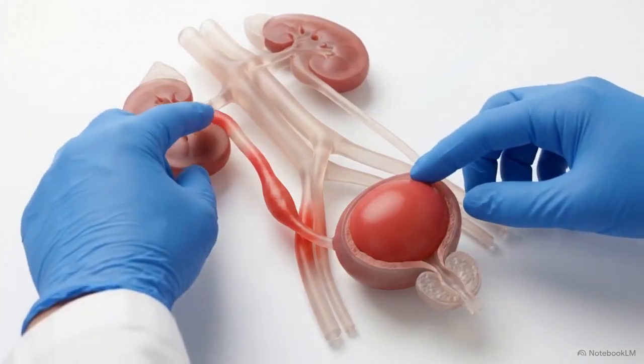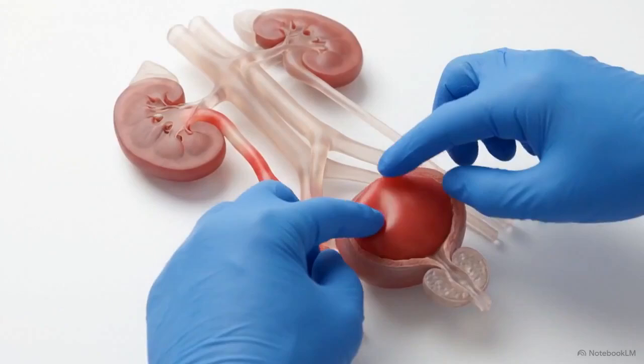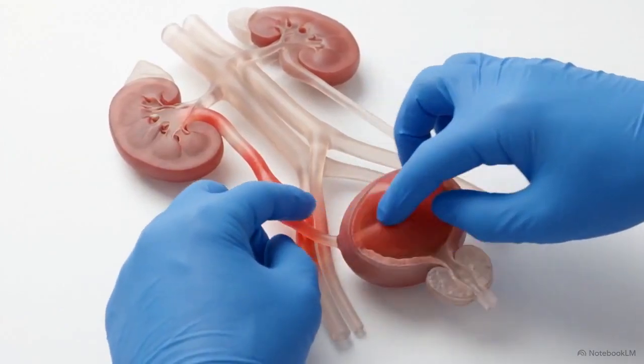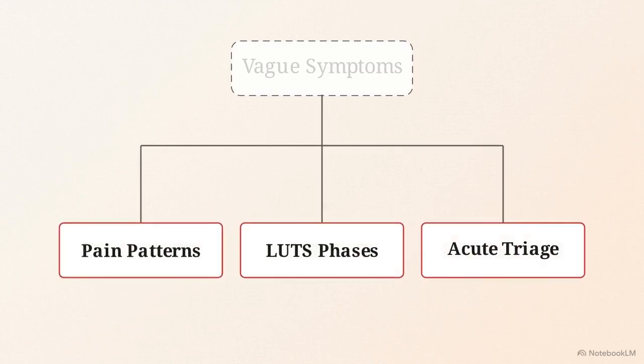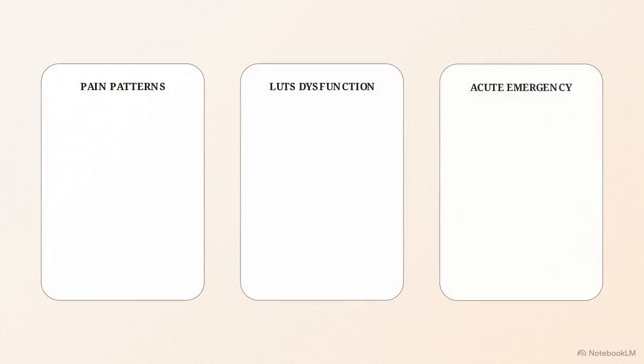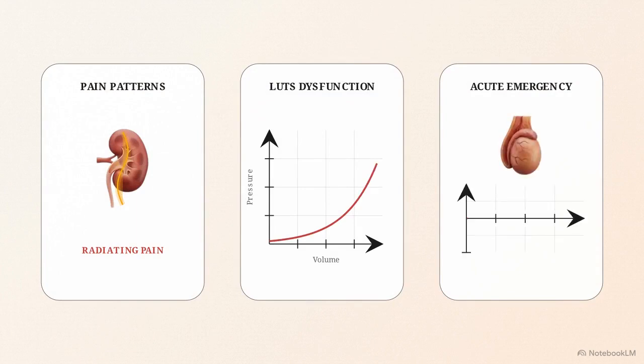In clinical urology, overlapping symptoms frequently obscure underlying pathology that threatens organ viability, demanding immediate and precise triage. Achieving diagnostic accuracy requires discarding vague historical terminology in favor of rigid, evidence-based physiological categorization. This analysis relies on a comparative framework, differentiating specific pain patterns, classifying lower urinary tract dysfunction, and outlining protocolized responses